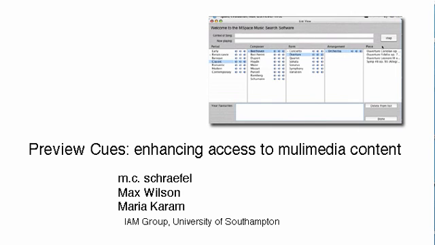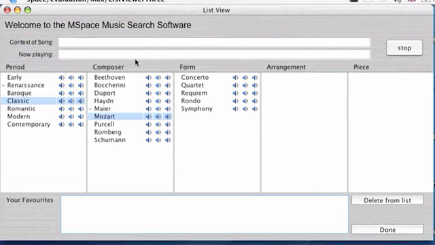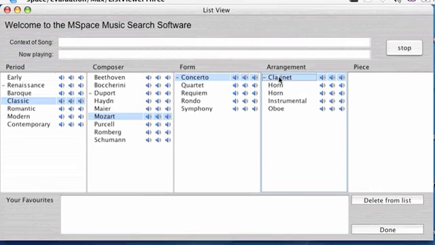In this movie, we present preview cues, a lightweight multimodal interaction mechanism to support exploration of multimedia content. Preview cues are designed to provide information about an area of a domain rather than about an instance of a domain. Preview cues have 4 parts: a media file associated with a particular category in a domain, the metadata associated